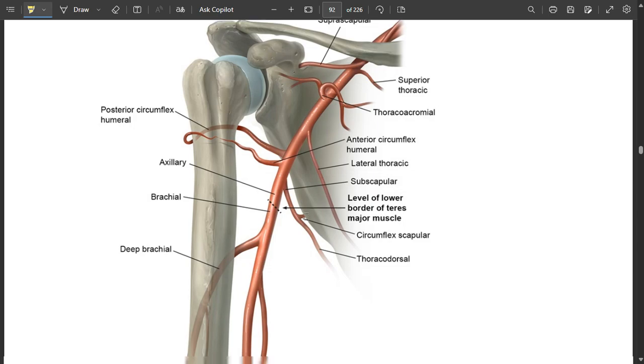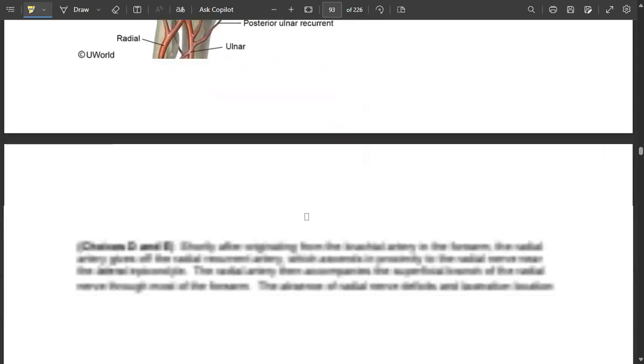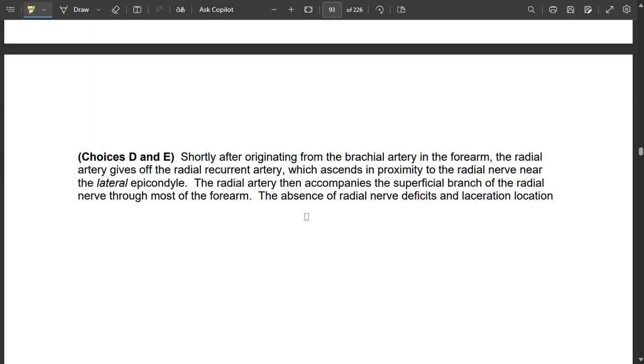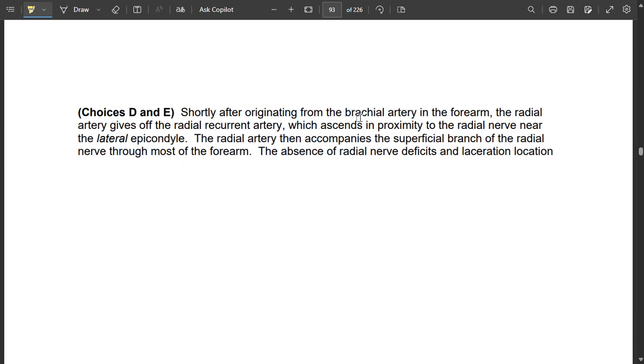So axillary, teres major, then forms the brachial artery. Shortly after originating from the brachial artery in the forearm, the radial artery gives off the radial recurrent artery,